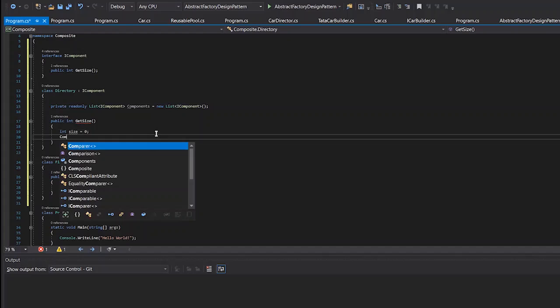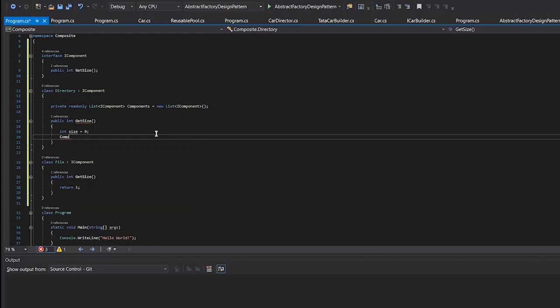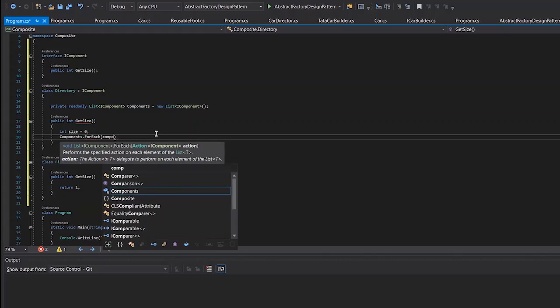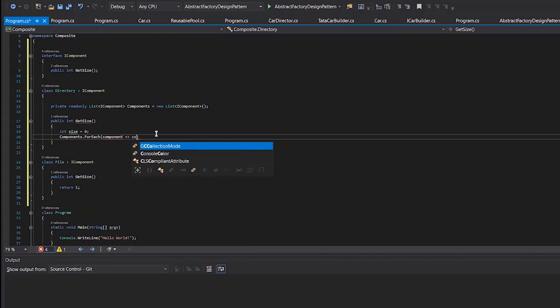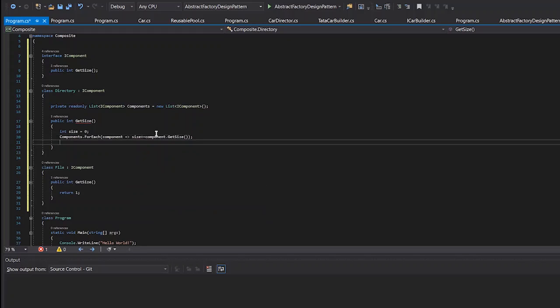Then components dot for each component, dot get size. So get size will return us the size of the component, and we will add it into the size, and return it. So in this simple way, we have implemented the get size of our directory.